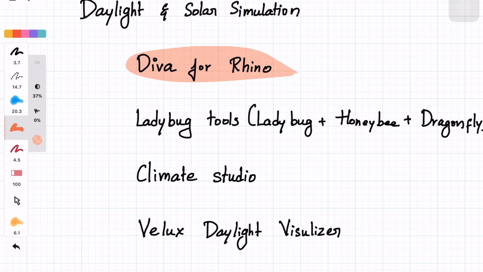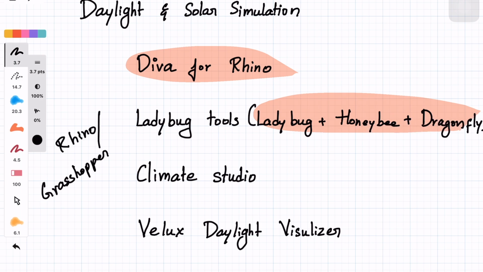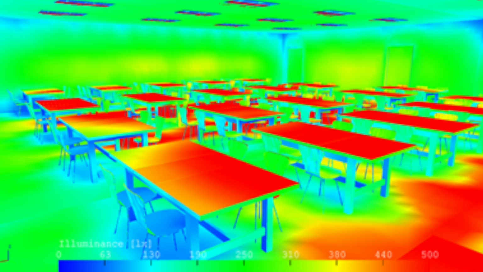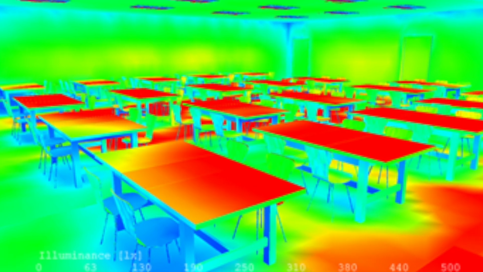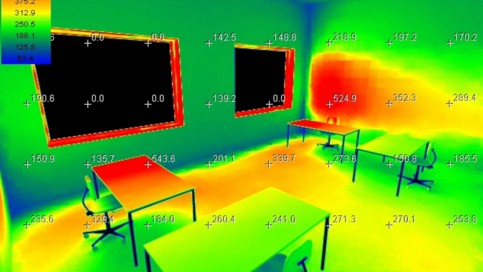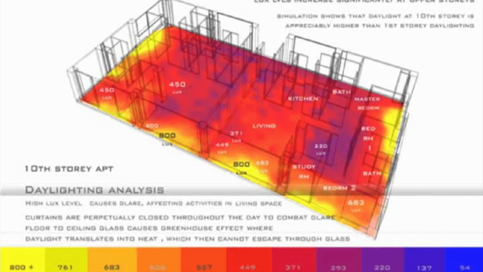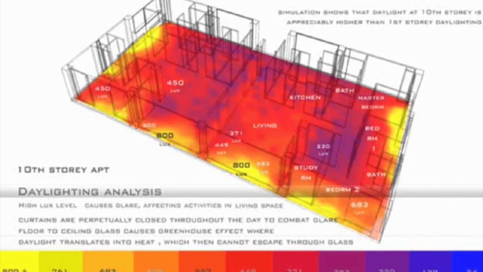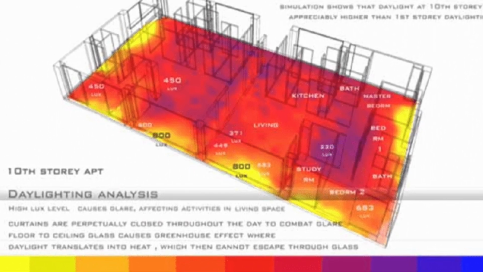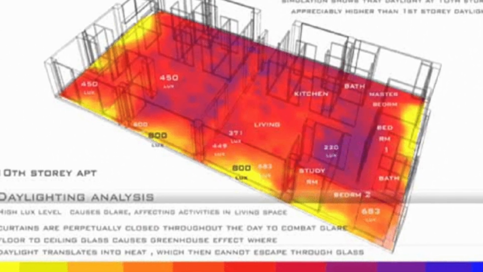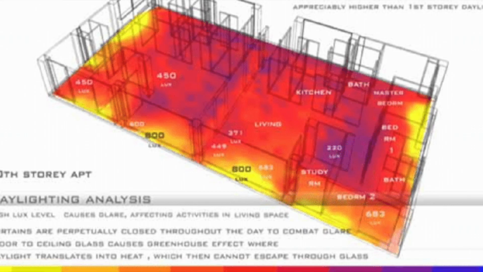It is an open source plugin suited for Rhino and Grasshopper to simulate daylight, sun path, thermal comfort, and energy balance. ClimateStudio, it is a fast and accurate tool for daylighting, glare evaluation, and LEED daylight credit evaluation also. VLUX, it is a free tool for visual and quantitative daylight analysis in architectural models.